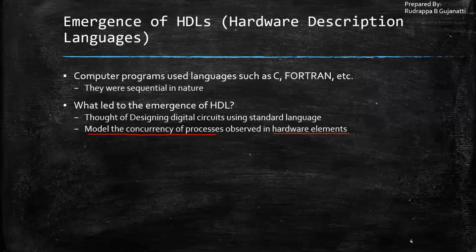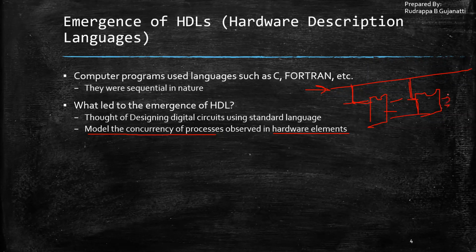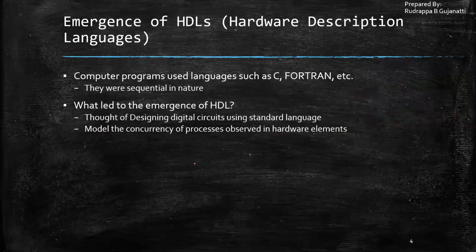You can even see this in your digital electronics lab, right? You place ICs, you apply some voltage to this. Just a simple example. If the voltage applied over here changes, then it simultaneously gets applied to all, and because of which the IC might be giving you results, or some changes might be happening in a simultaneous fashion. So this is what is observed in your hardware circuits.